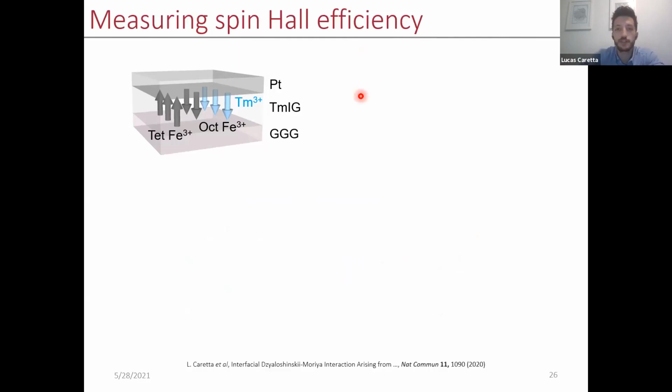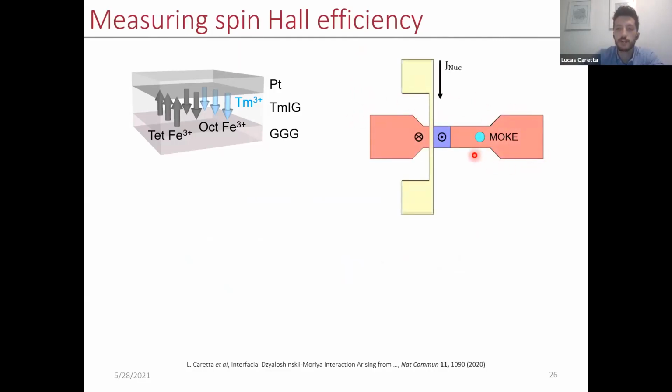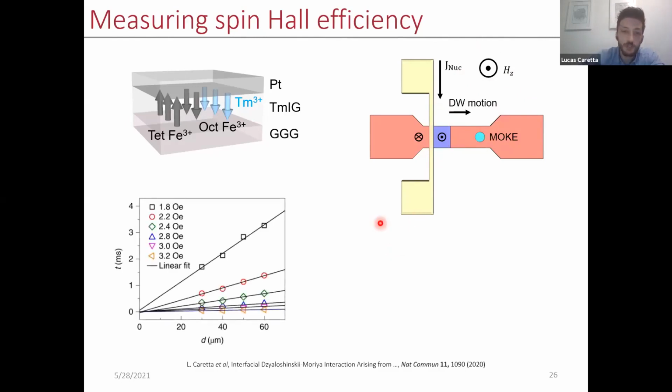And so what we did was design domain wall racetracks, as you see here, where we can actually nucleate a domain wall and drive it into motion, and probe the position of this domain wall using the magneto-optic Kerr effect. So after we nucleate a domain wall, we can drive it into motion, here just using a simple out-of-plane magnetic field. And we use a time of flight technique to track how long it takes for this domain wall to travel past this laser spot. So here's a plot of the arrival time, or the time of flight, as a function of distance that this laser is away from this domain wall for various different magnetic fields.